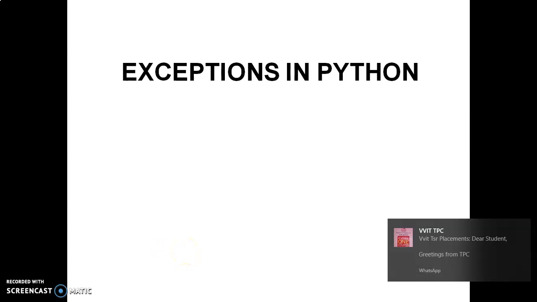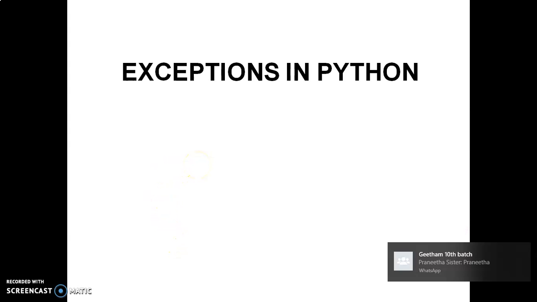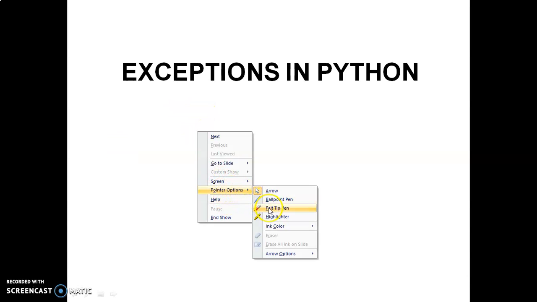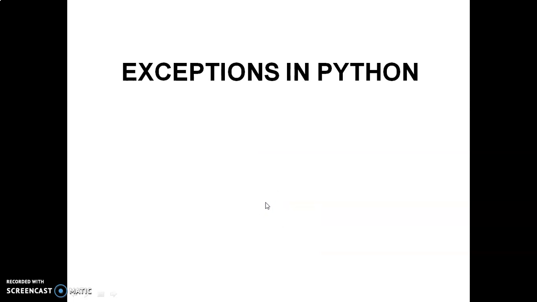Whatever the different types of classes we are using in Python, each and every one are objects, and we have the built-in classes, and for those built-in classes we can create the required objects. So this gives the brief introduction of object-oriented programming from the previous sessions. Next, the next topic in Python is exceptions.